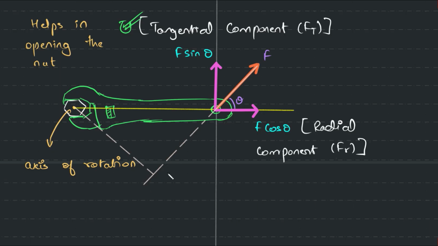So technically, if this length represents S and this is R, this length will be R sine theta, because this is a vertically opposite angle. So this is theta. This length is R, this is the hypotenuse, and this is your opposite side. Do you guys agree? This is R sine theta. This is that length which the statement is talking about. This is that perpendicular distance between